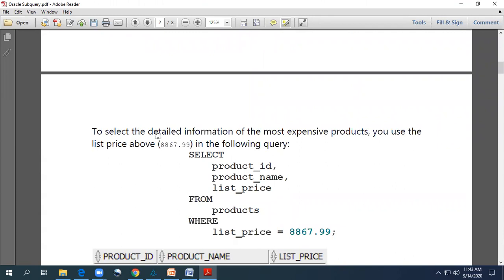Now see, what is my query here? I want to display the information about the product, which product? The most expensive products. You know the maximum price is 8867. So I want to display all the products with the most expensive price. How can we retrieve this data from the table? Here is the solution for the query. Select product ID, product name, list price from products where list price equal to